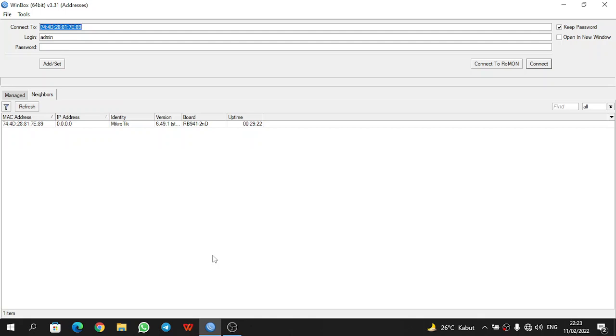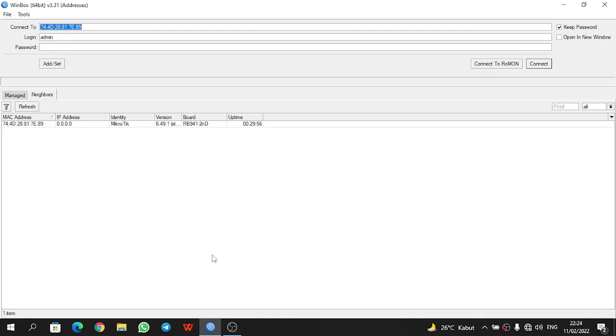In this video, we can make a hotspot on MikroTik using Ethernet. This time we will discuss how to create a hotspot on MikroTik using an Ethernet cable. For making a hotspot, there are actually two methods that can be used, namely via cable or wireless, without cable. This time I will make a lab that uses cable.